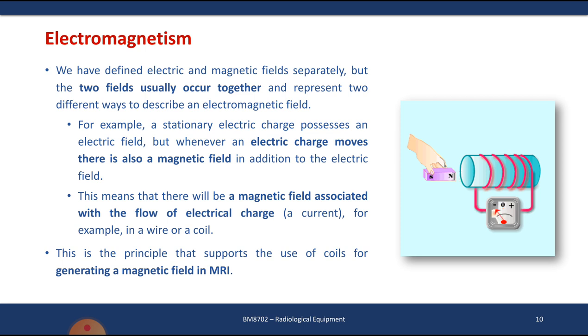If you look at this figure, you can see that there is a coil of wire connected to a meter, and there is a magnet which is moving. You can see the magnet is going inside the coil. There is a flow of current. When the magnet is removed, the flow of current is in the opposite direction. So depending on the motion of the magnet, the direction of the current is also changing. So this is what electromagnetism is. You all would have studied Faraday's law of electromagnetic induction, right? Faraday's first law, second law, all those things you would have studied, right? So that is about electromagnetism.